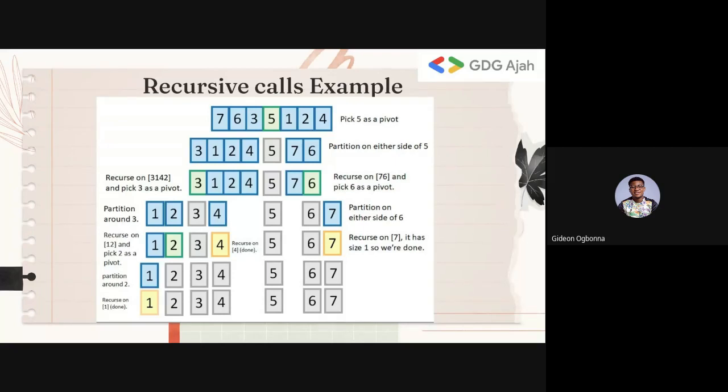So what if the largest number is in the middle? Then everything just has to go to the left, and you're not doing it in two. So how do we know what to pick? Is there a way to know what to pick?